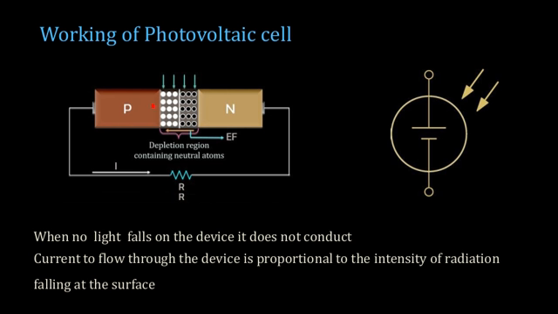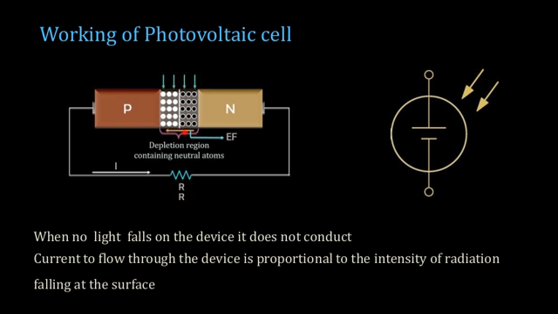Once they move to the conduction band, more charge carriers accumulate near the depletion region, which results in a reduction in the width of the depletion region, and an electric field is also applied. During this process, once the charge carriers accumulate on both sides of the depletion region, some voltage is generated. That voltage is known as